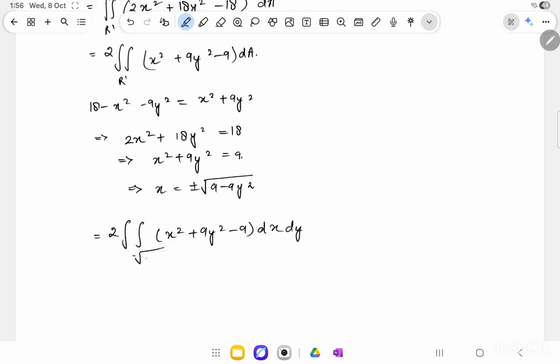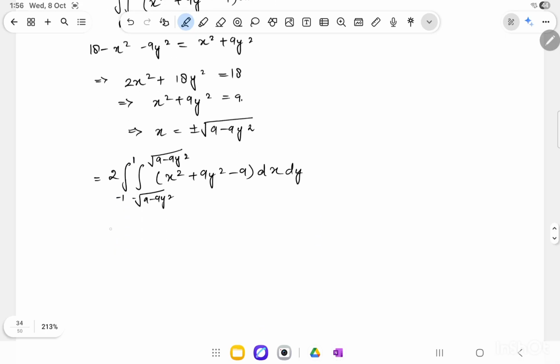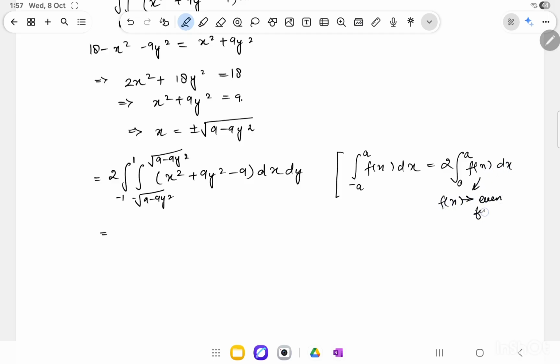So x varies from −√(9 − 9y²) to +√(9 − 9y²), and y varies from −1 to +1. Since the inside function is even, I can use the property of definite integrals that states that the integration from −a to a of f(x) dx is the same as 2 times the integration from 0 to a of f(x) dx whenever f(x) is an even function. So using this result, I'll get 8 times the integration from 0 to 1, integration from 0 to